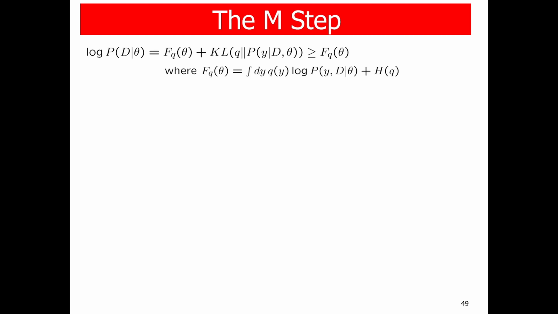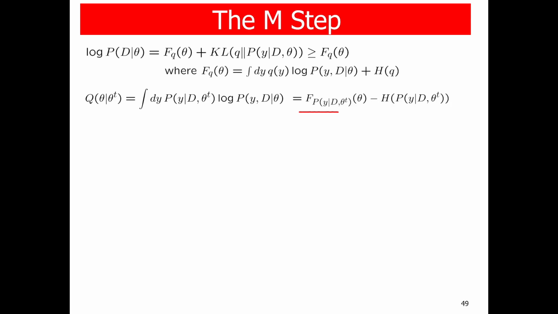So, as we discussed, the log likelihood function has this decomposition, and it is lower bounded by the free energy. We defined this uppercase Q(theta, theta t) function by this expression. We also noted that it can be rewritten with the free energy function and the entropy. From this, it immediately follows that the free energy function is just the sum of this Q(theta, theta t) function